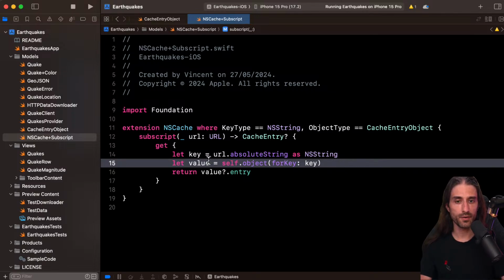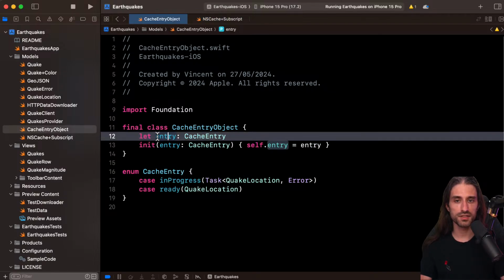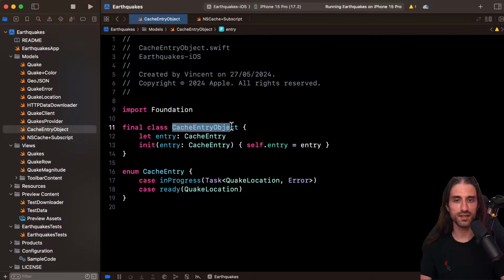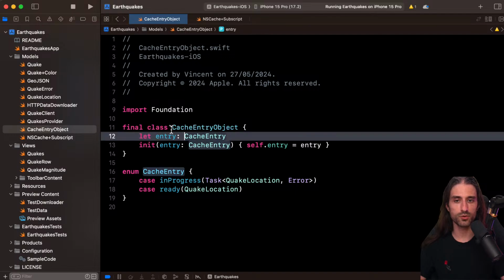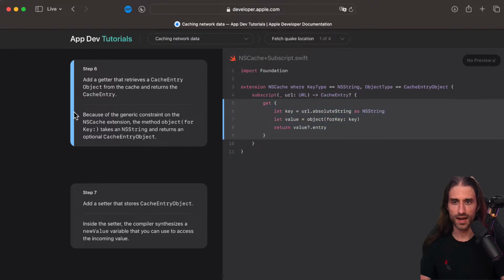If there is such a value, then we take the entry. Remember, the entry is the property stored inside the CacheEntryObject, which is the box that allows us to store a CacheEntry, which is an enum, into an NSCache, which expects a reference type like a class.